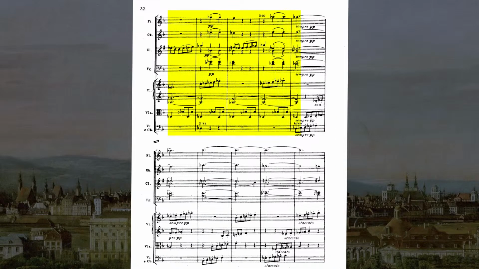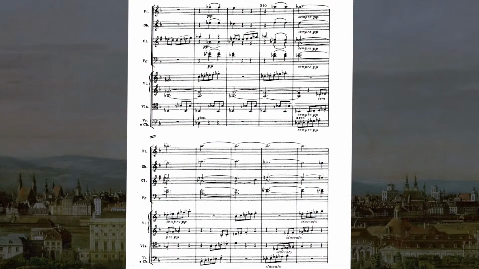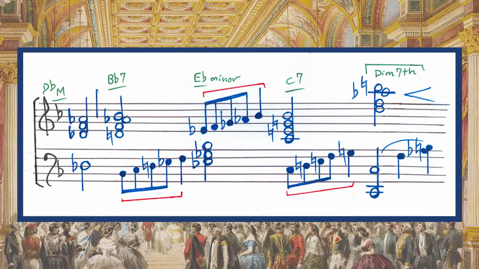And remember the 5 ascending notes from the main theme. This, 1, 2, 3. Well, true to form, Beethoven now isolates this figure, and it becomes a little 4-part round in the strings. And so this coda is almost like a new development section, with plenty of misterioso as the ascending figure leads us through D flat major, B flat 7, E flat minor,